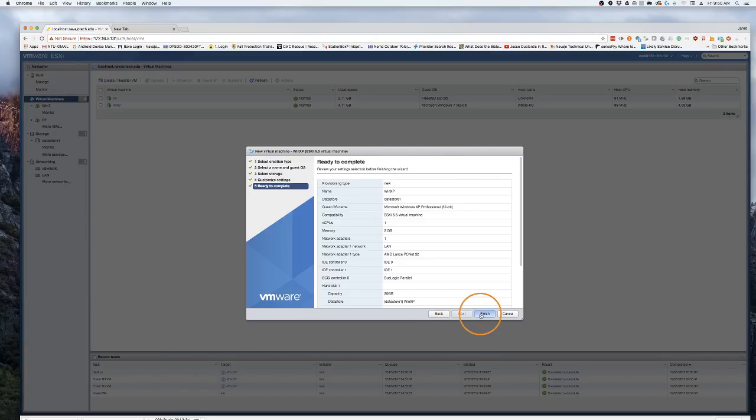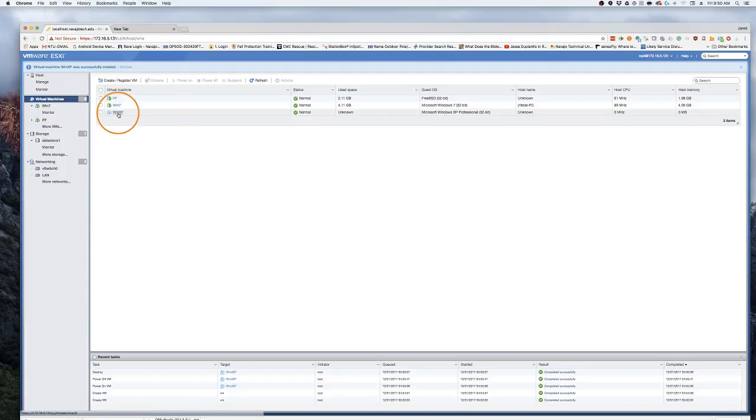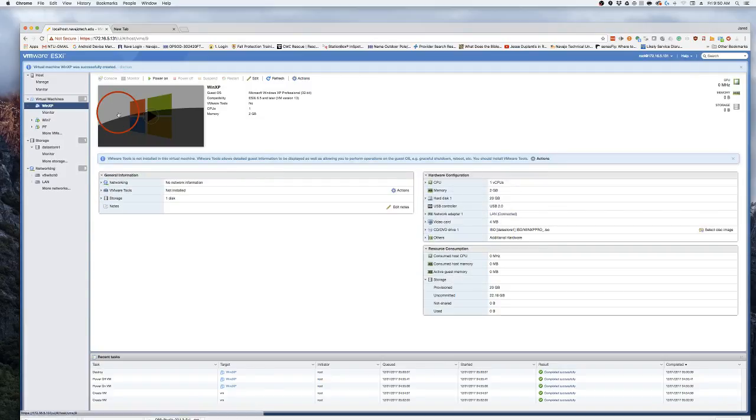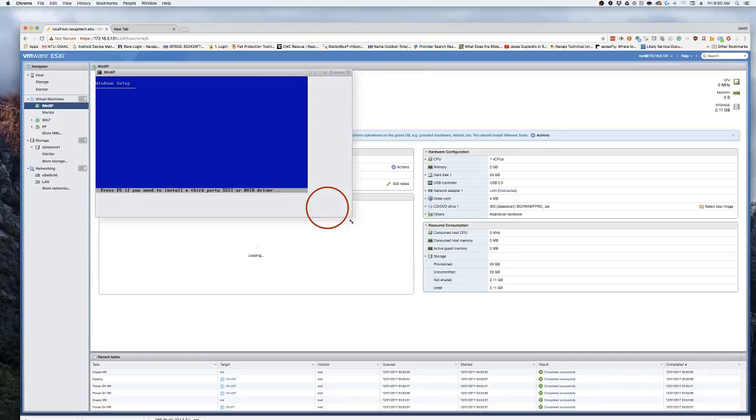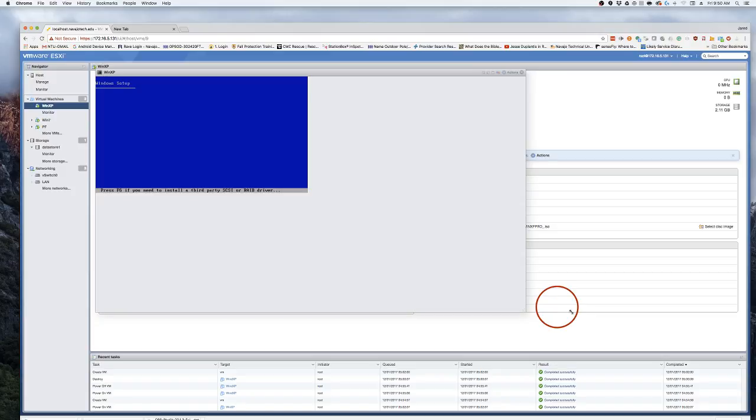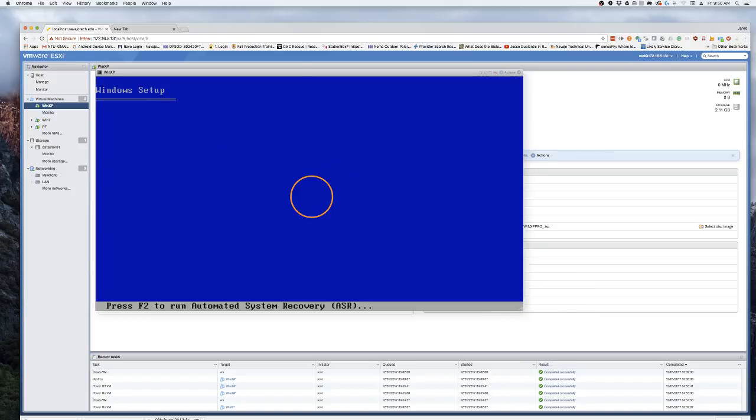Click next. I clicked finish. It's going to do what it needs to do. We double click that XP link there, and we got to hit the play button. Make sure we are recording. Yes, we are. So now